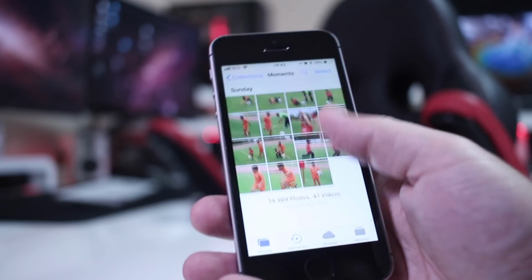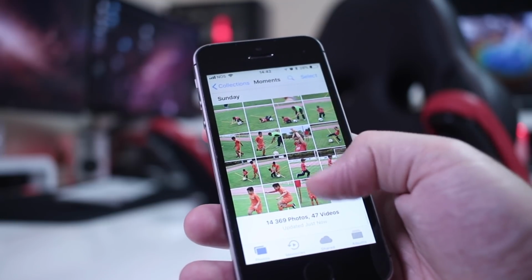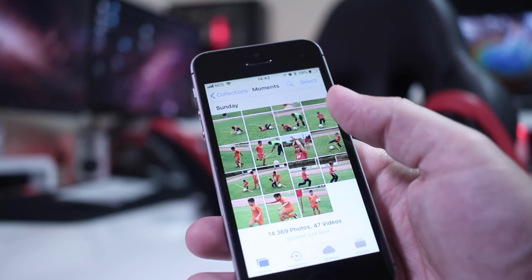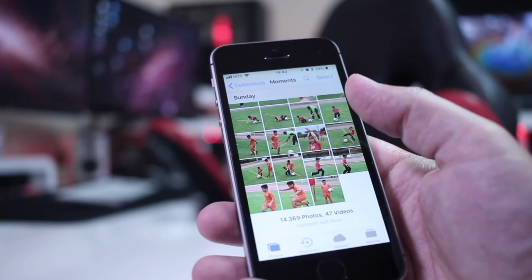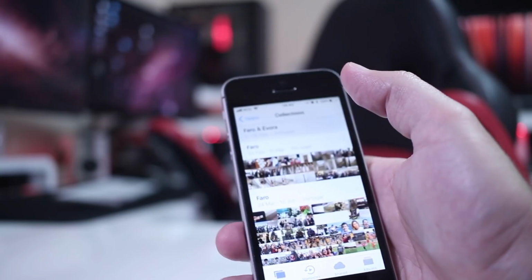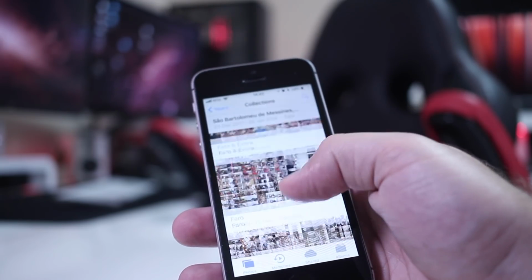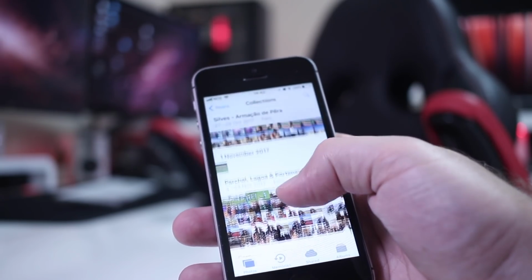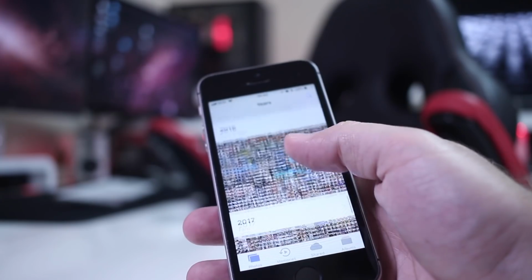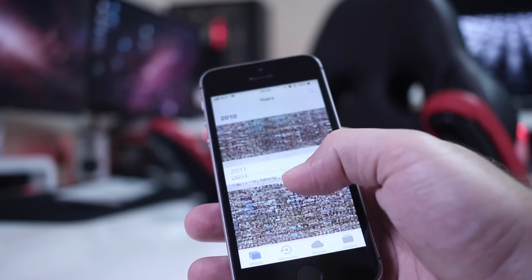Now on the Apple side, it organizes by time and location, called Moments, and then it has Collections and Years. Really quickly, Moments are pictures grouped by the same day in one or several locations, while Collections are grouped by a few days or weeks, usually separated by different locations, and Years of course shows all the pictures taken